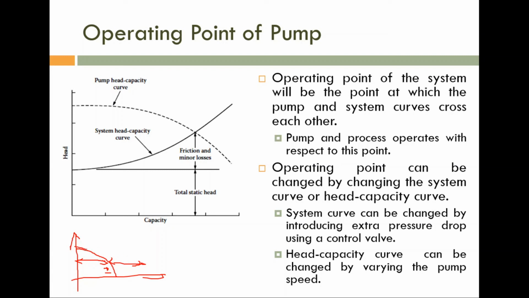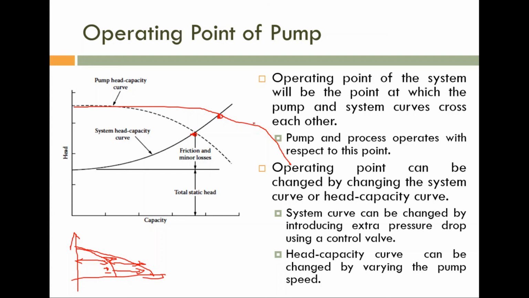The curve is shifted to the right side. Okay, so at each point you can see a shift in the pump curve to the right side. Is it okay? So if you are using two pumps parallelly, again you can see that this is corresponding to a single curve, a single pump. If you are using two pumps parallelly, you can see that the operating point is shifted to the right side or upward.